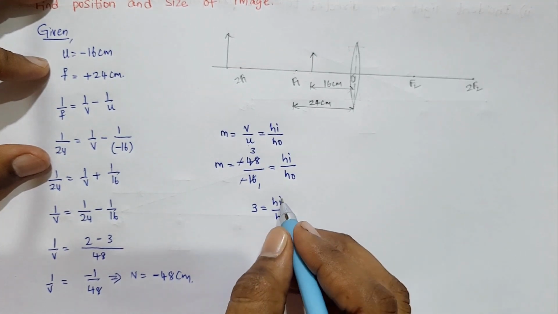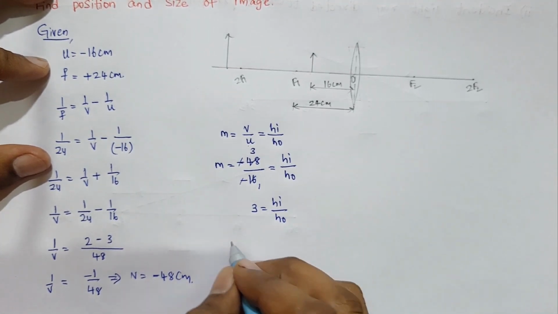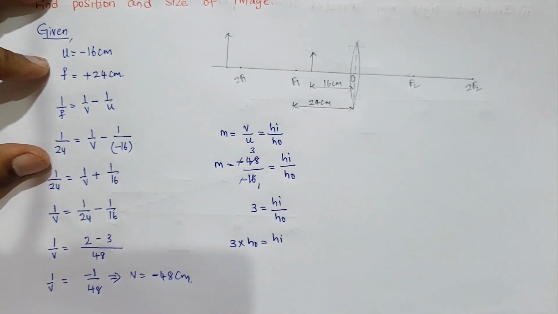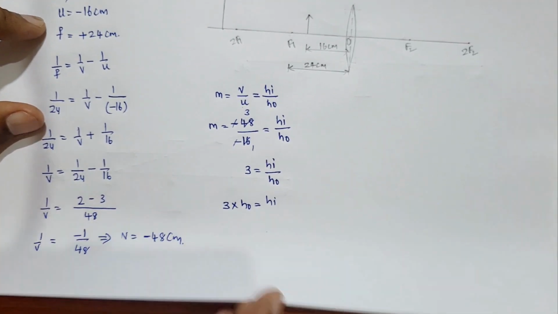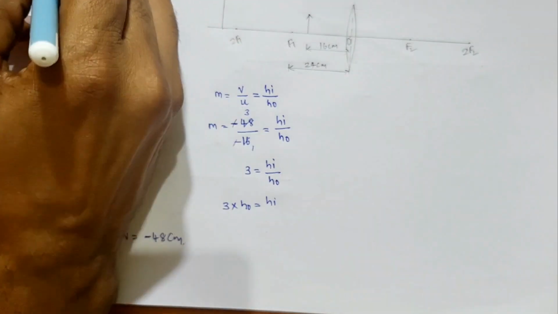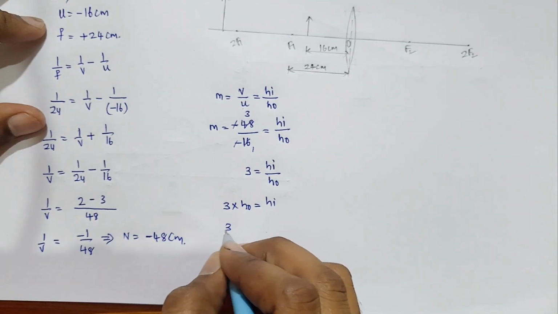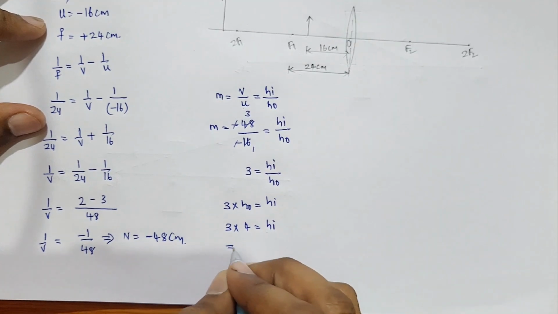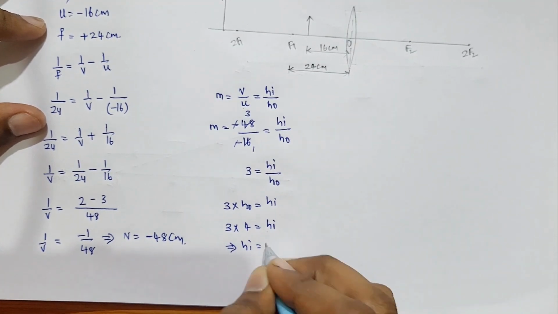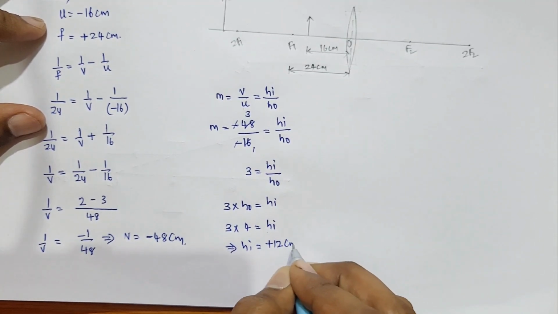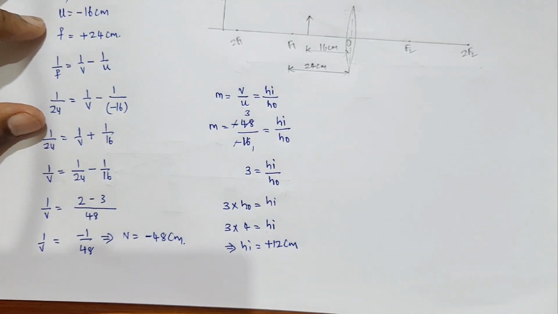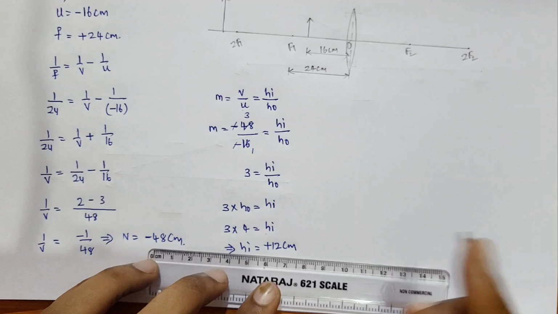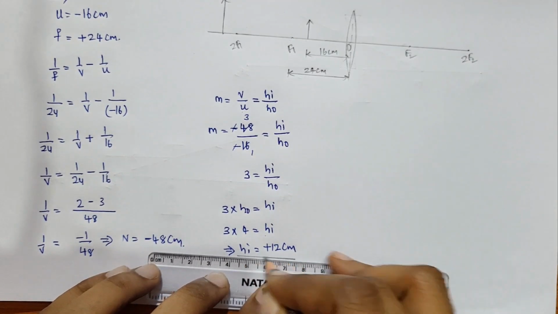So we want height of image. So height of object on this side, it becomes 3 into height of object is equal to height of image. How much they gave height of object? Height of object is given as 4 centimeters. So 3 into 4 is equal to height of image, which implies height of image is equal to plus 12 centimeters. So we got the two answers. What are the two answers they asked? They asked us to find the height of the image and the